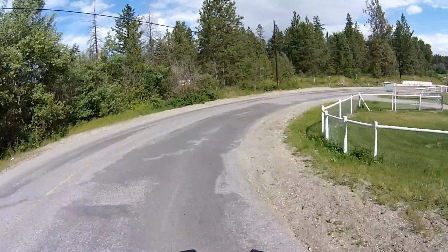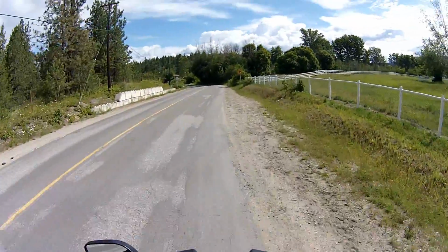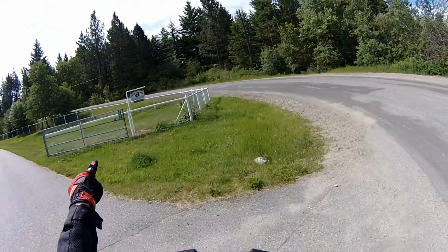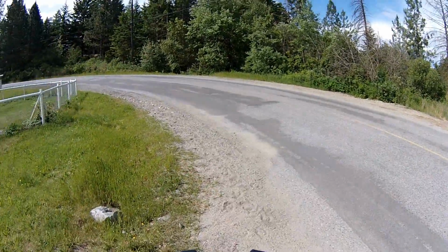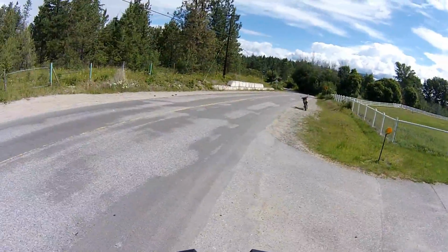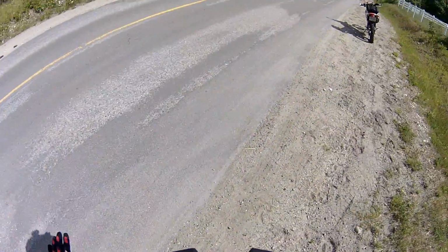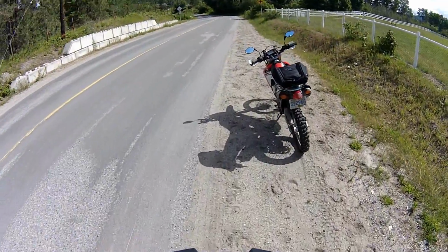So I came in here and I was throttling through and I went down right there. There's where I came. Geared down, slowed down, started to accelerate through the corner, and I think it lost traction on the rear wheel just about here. So the bike slid, I low-sided, went on my side, bike slid over here, landed about here, I landed about there,